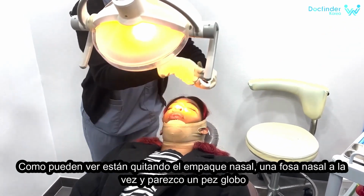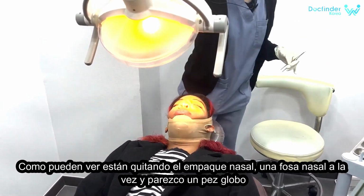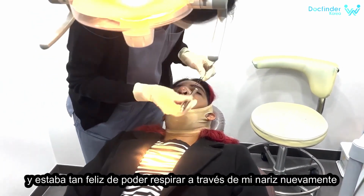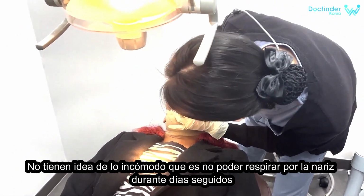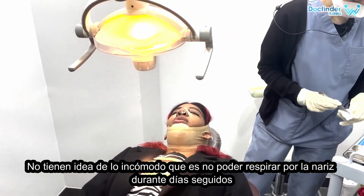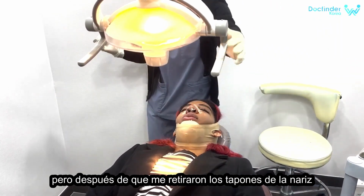So as you can see, they're taking out the nose packing one nostril at a time, and I look like a guppy, like I'm breathing through my mouth because I had started getting used to that for 3 days, and I was just so happy that I could breathe through my nose again. You guys have no idea how uncomfortable it is not to be able to breathe through your nose for days on end. But after the nose packing was taken out,